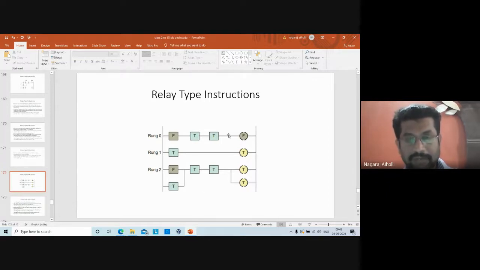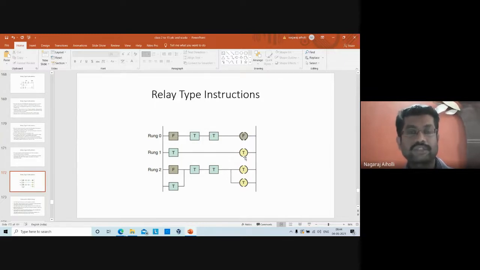Now, how does this evaluate? It is from left to right. We are following horizontal scanning. Say this is false, this is true, true, in series. So this will be in a false condition because the input itself is false. If the input is false, how does it propagate to the output? It does not. Then this is true, this is true, the input is true, so the output will be true.